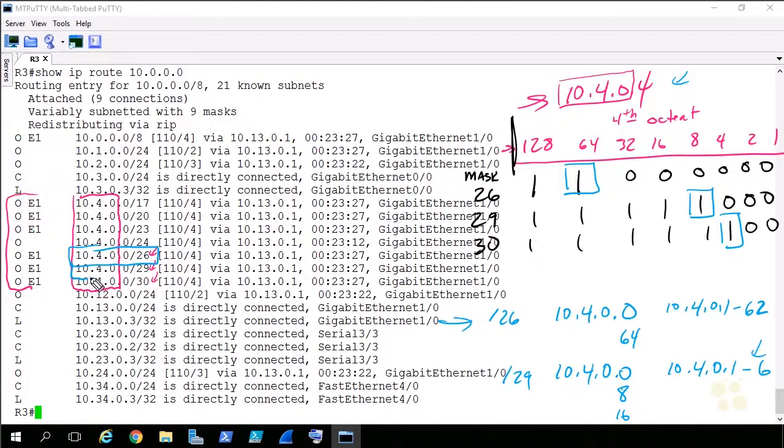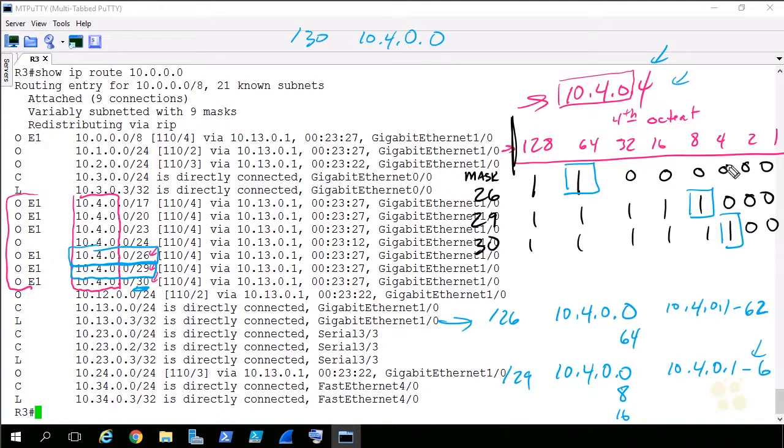So we can go ahead and say that's a match as well. So based on just these 2 routes, the /29 is a longer match for this destination IP address. And let's do one more for the /30. A /30 has a block size of 4, and that means, I'll put the /30 up here, that the /30 is going to be